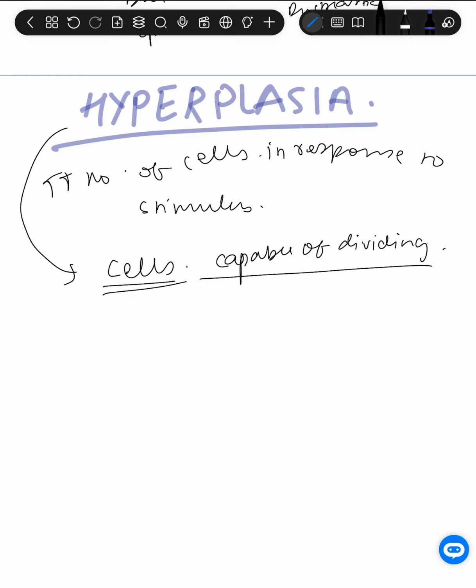Before that, I would like to say the mechanisms and the morphology. What happens, and why does it happen? The mechanisms: we have growth factors, because of which we have proliferation. Either the growth factors have increased, that's why there is proliferation. One is this. Second is, there is increased output